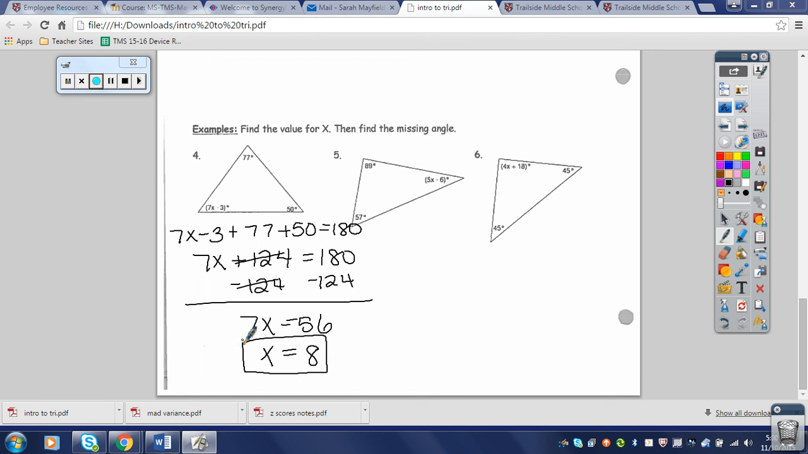So okay, let's plug it back in. So 7 times 8 is 56. 56 minus 3 is 53 degrees. So to double check, you might want to add 53, 50, and 77 up to see if it equals 180, and it does. Okay. My expectation is for you to do number 5 and number 6 to finish those other 2 problems we have not talked about,